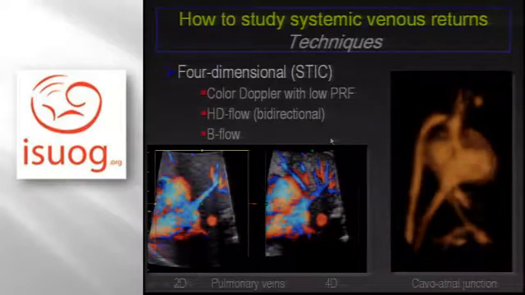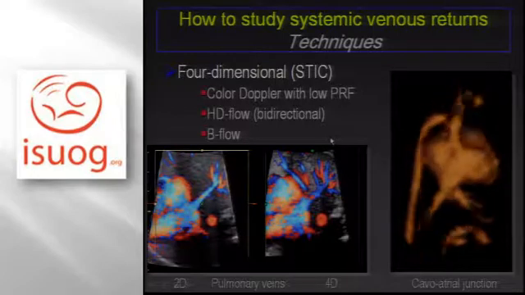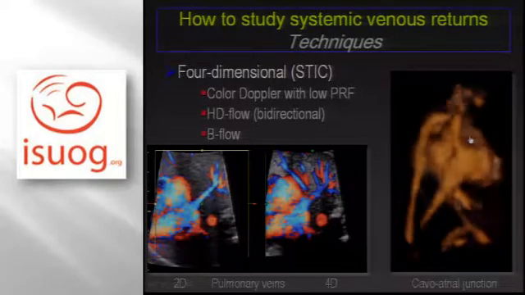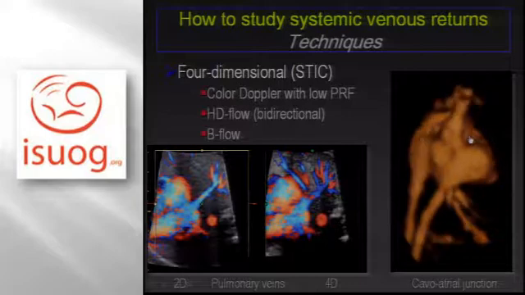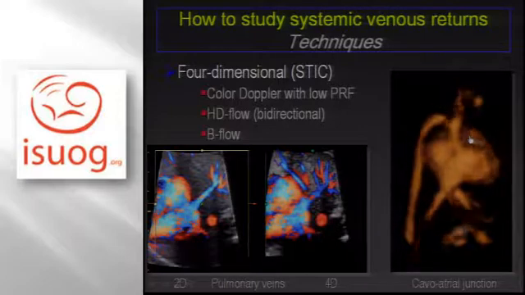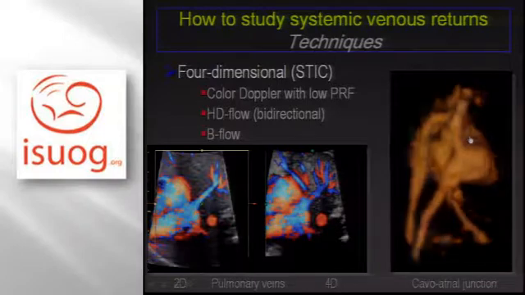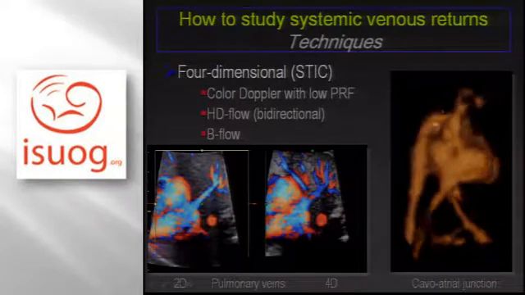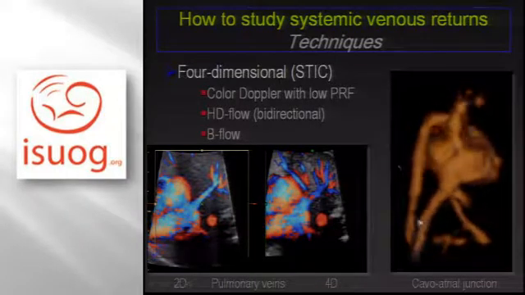Or you can use, as far as 4D is concerned, the B-flow. This gives you a very nice casting of all the cardiovascular structures that you may wish to assess. And this is quite important because it's not 100%, but it's less angle dependent than power Doppler and color Doppler. So you will have a very nice cast for you to assess, for example, the whole systemic venous return